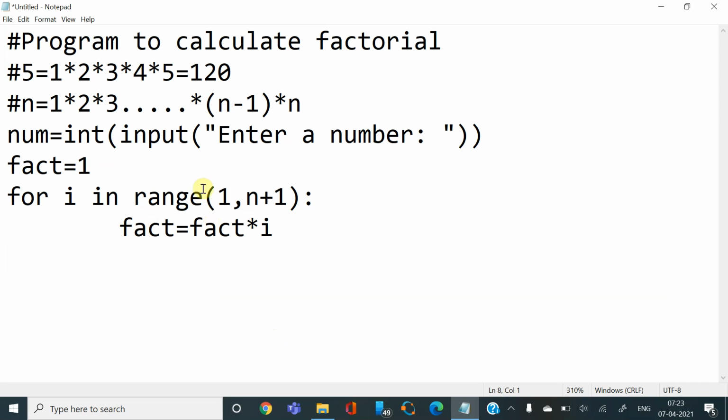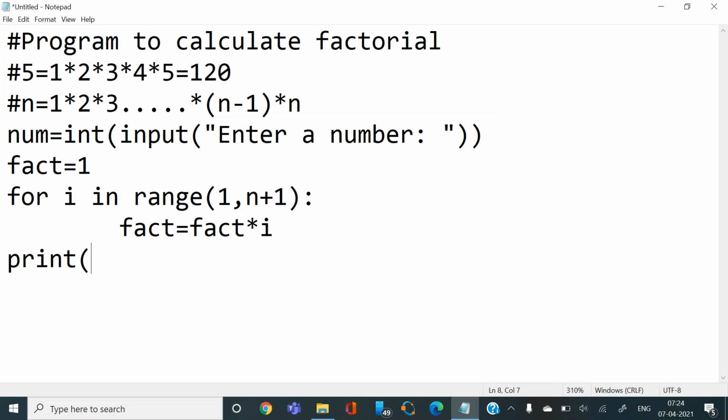Now let us print this, right? We need to print it. Okay, so we are printing it and we want to print it outside the for loop, hence I am not putting a tab here. Why am I printing outside the for loop? Because if I print the fact here, I will get all the values of fact, that is 1, 2, 4 and 24, right? So I don't want all of those values, I just want the last value, which is my answer. So I'm printing it outside the for loop.